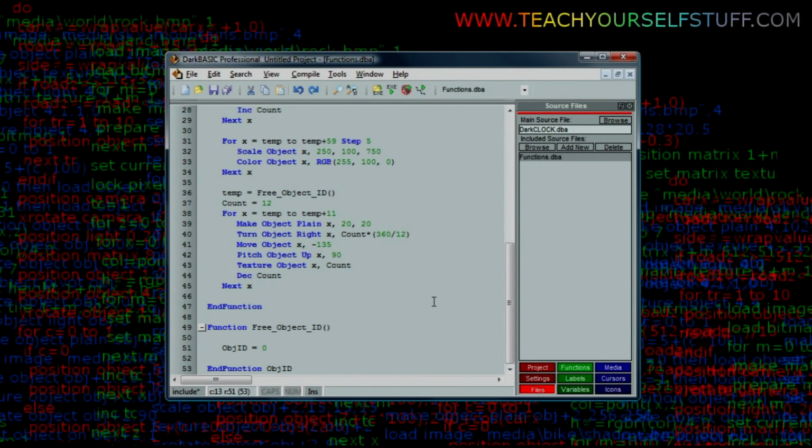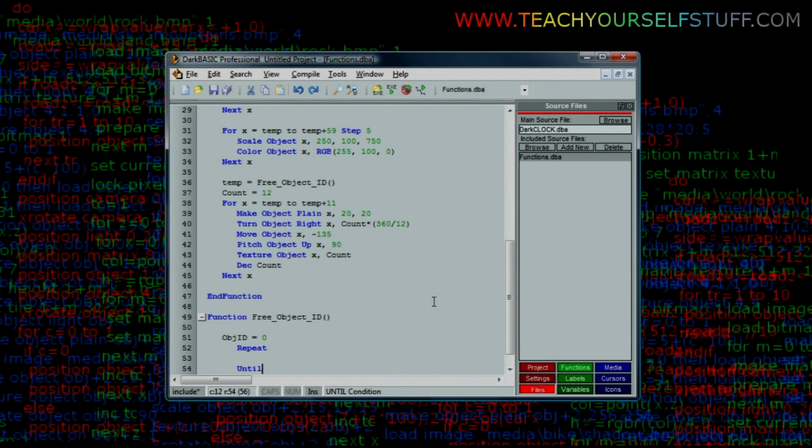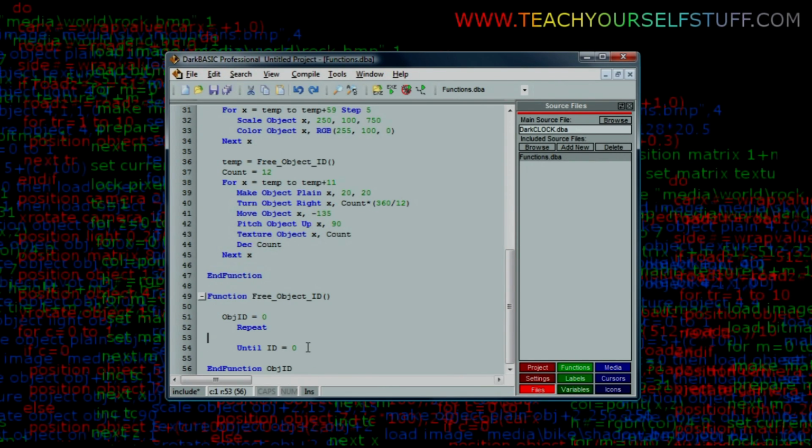Then we type in repeat and until ID equals 0, and between that loop we need to type in inc object ID,